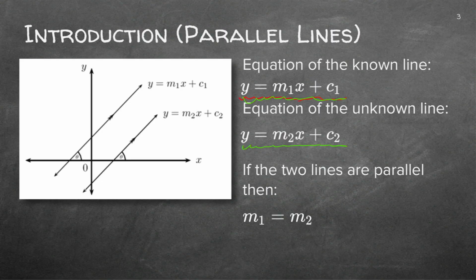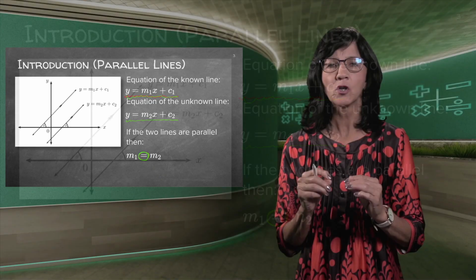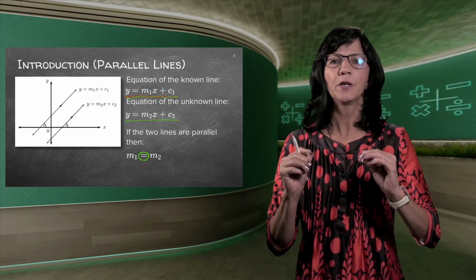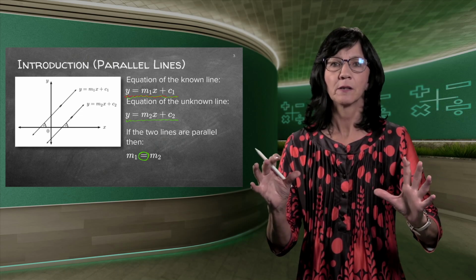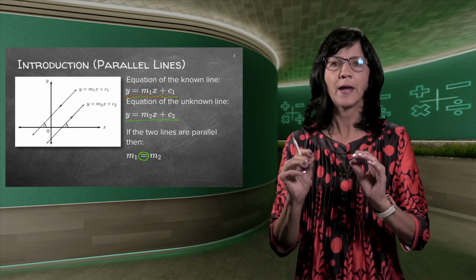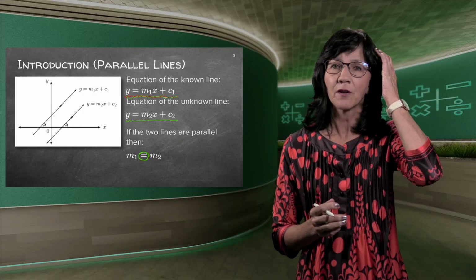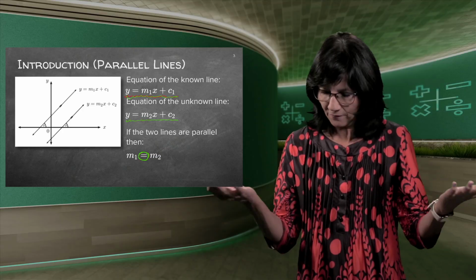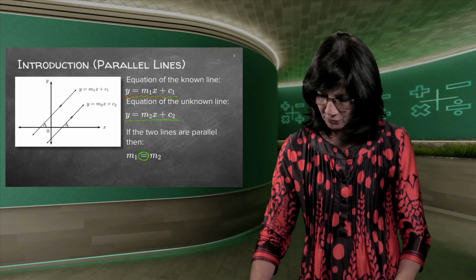Now I'm sure by now you could have figured it out yourself. Because they are parallel, because they've got the same slope and the same direction, their m's are equal. So this is the most important thing you need to remember. And in future, if you read the words parallel lines, you stop immediately and you write down m1 is equal to m2, because that's the little formula that should be in your head when you read the words parallel lines. And then you know whatever they ask me on that, I should be able to do that.